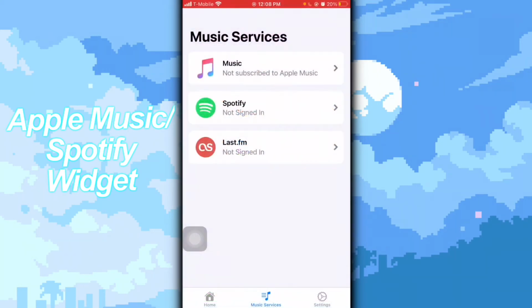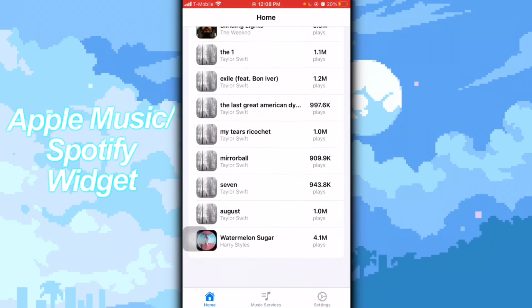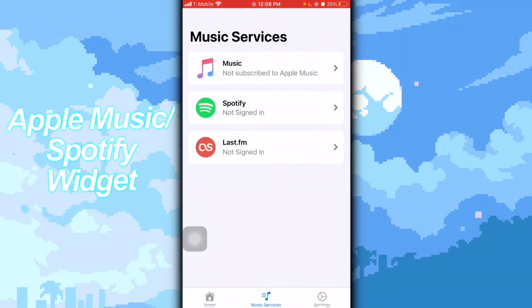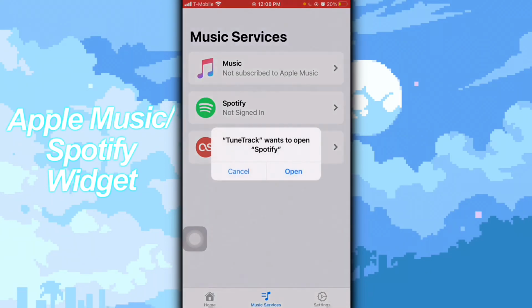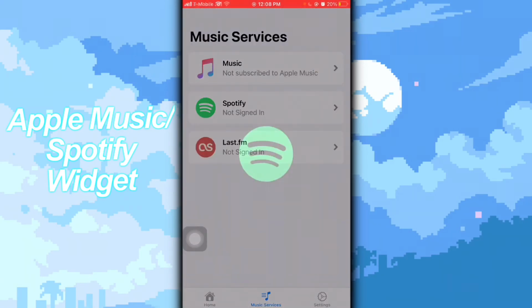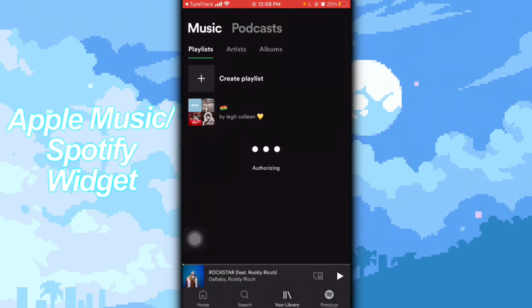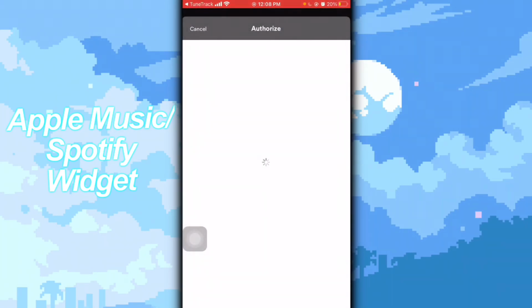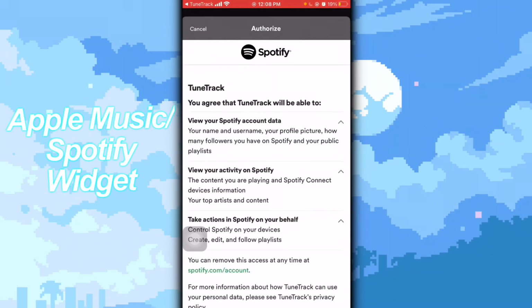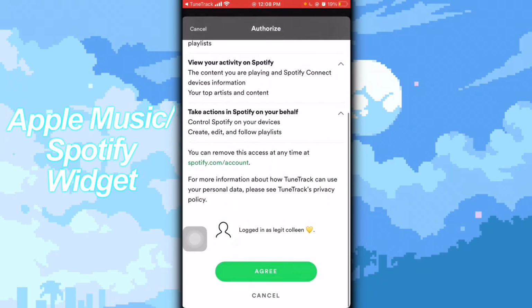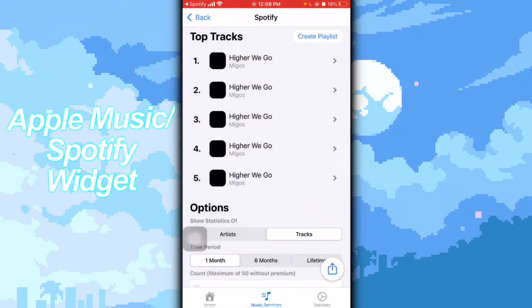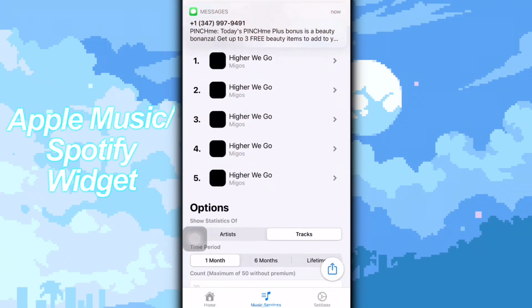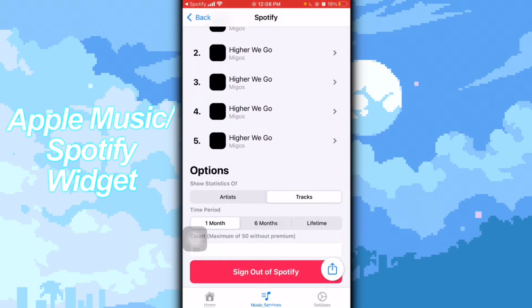And basically this is the home screen, and to sign into your Apple Music or your Spotify, you come to music services right here and you sign in, and it will basically open it, authorizing that it's able to use it. And I'm just going to agree. I'm showing you guys the process. So it will come on like that,